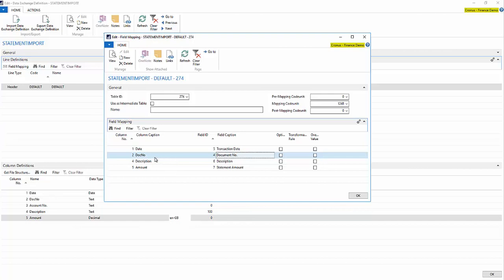The reason I haven't added it in the first place is because that document number on our spreadsheet will be the reference on our statement, which won't actually tie up to the NAV invoice number or journal number or whatever it is. So it's really not particularly meaningful. So I just wanted to show you how easy it is to select that field mapping. So I'm just going to remove that again